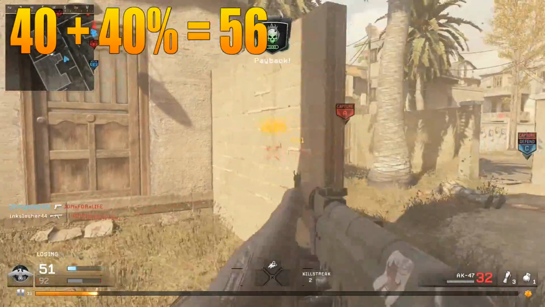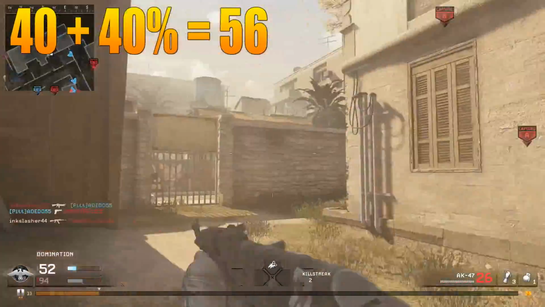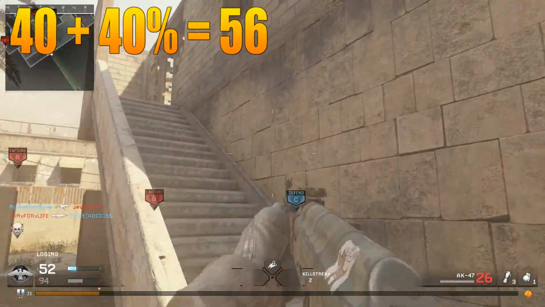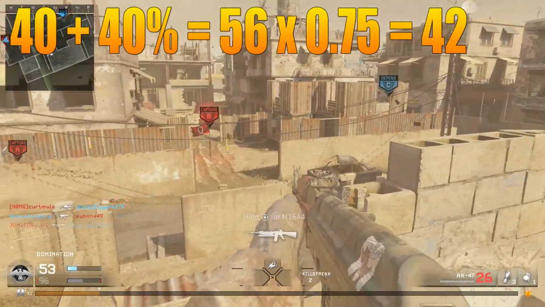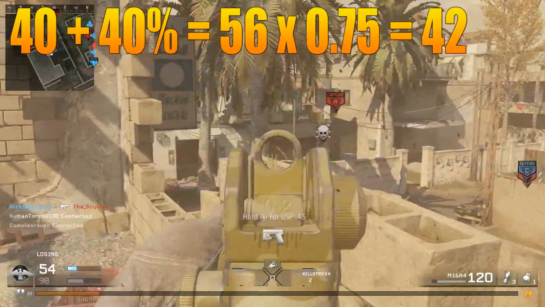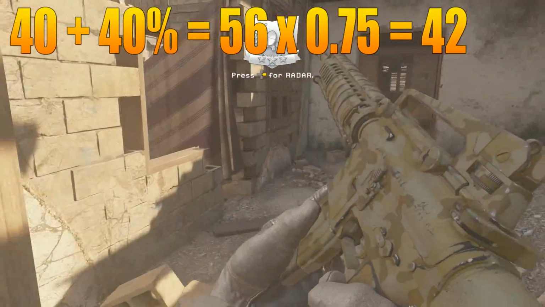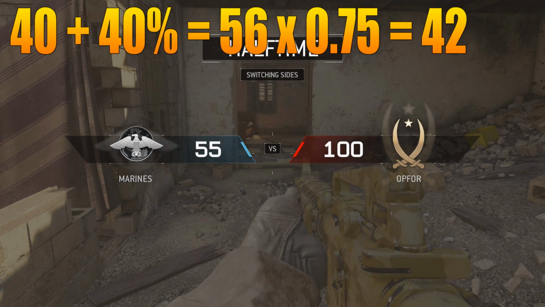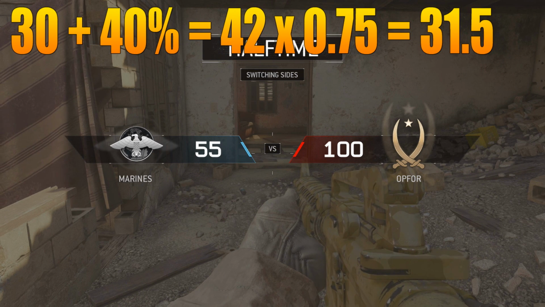However, when you're shooting someone using Juggernaut, you are only going to do 75% of that total damage to them. So what this equates to is dealing about 42 damage to the person with Stopping Power. So it's just very slightly more than the normal 40 damage you would do up close. Now, similarly at long distance, normally you deal 30 damage, you add your 40%, take off your 25%, finding what